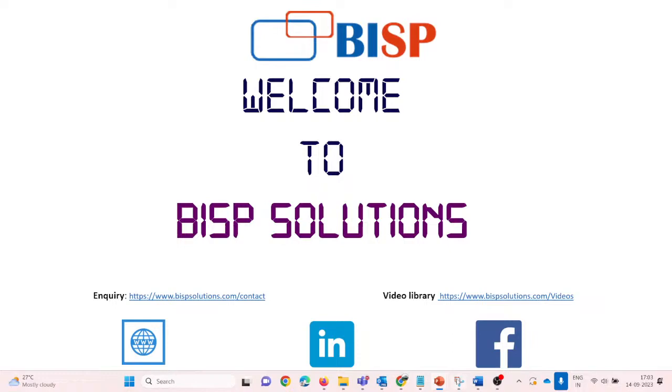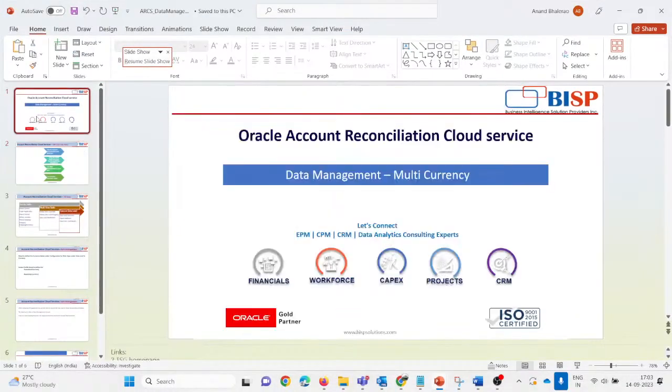For today's topic, we will be taking the similar topic of data management. Earlier we did data management for the most common, simple case of loading a balance, to understand the process, how it is implemented in the application, and how we get the result in the application. Today we will also be doing the same data management case, where we will load the balance with the help of data management, but for